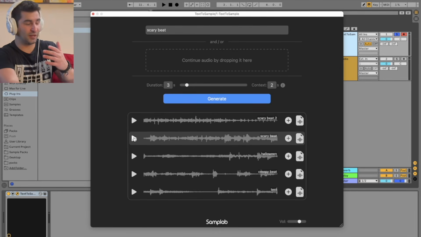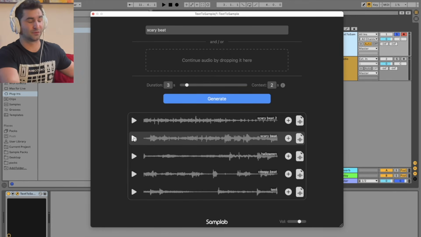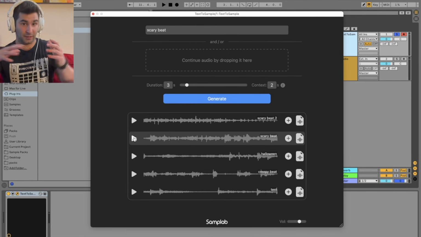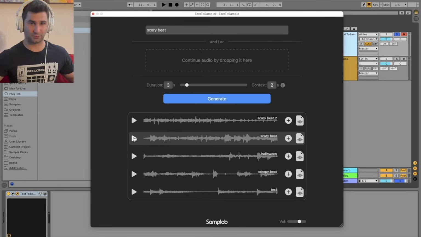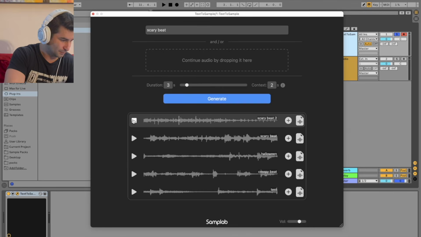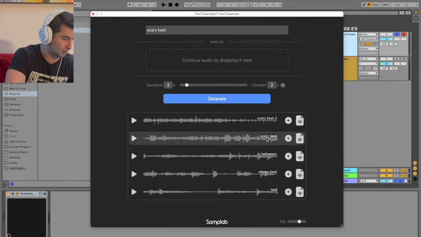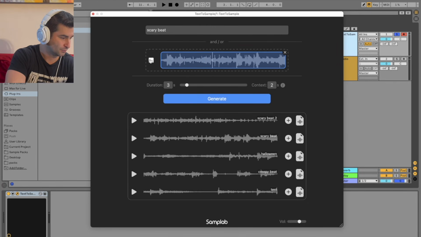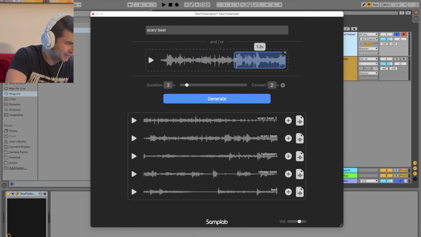Because obviously, all of the VSTs and free plugins I've showed you so far have only been really instruments, right? So let's say if you want to add, of course, some drums, we have this plugin. And what's crazy about this too, and I did this here with Scary Beat, is I could take this, continue it here. So now I have this, right? And next thing I'm like, all right, I just like this part. It sounds like a distorted kick slash 808. I can do this, hit generate,